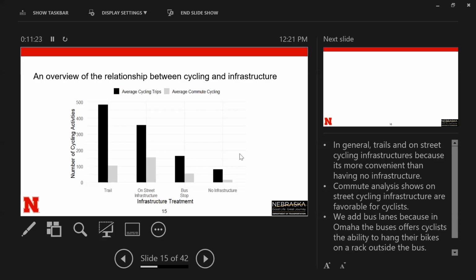And in general, we see here an overview of the relationship between cycling and infrastructure. For example, here we have trails, on-street infrastructure, bus stops, and no infrastructure. We took the average of the cycling activities in the city of Omaha across all of these different kinds of infrastructure. In general, trails and on-street infrastructures have more cycling activities, because they tend to be more convenient for people to use. However, when we look at no infrastructure, we find a lower average than, for example, on-street and